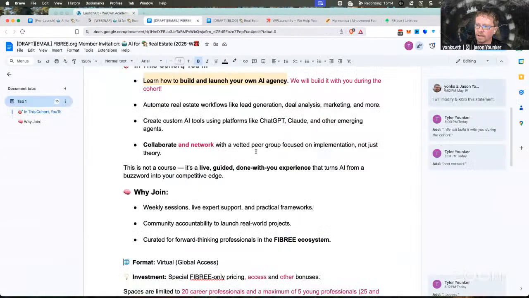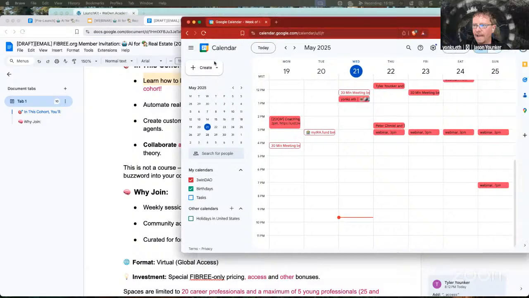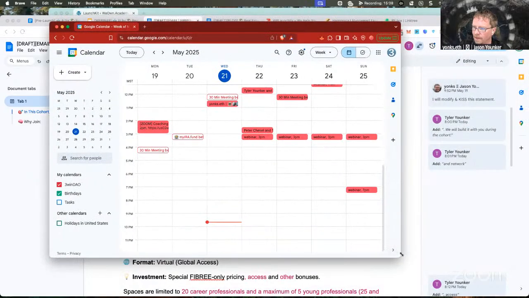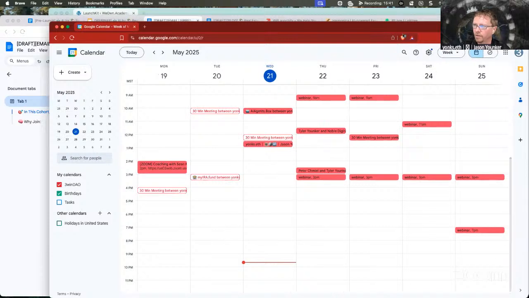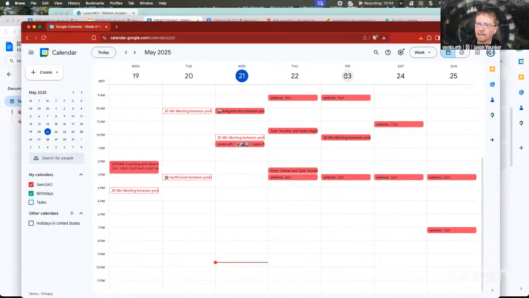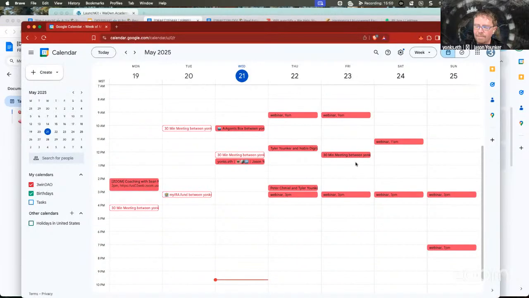Because again, the goal of the email isn't to unpack all of the details. The goal of the email is to get them to register for a webinar. Let me do a screen share and bring up the calendar here, because we've already got the dates on placeholders on our 3Win DAO Google Calendar. Tyler and I have an action item to get these dates, because one of the asks from Christina was to create a LinkedIn event. That was solid feedback, because I wasn't planning to create a LinkedIn event, but that makes it easier with the existing audience that people have within their network on LinkedIn.